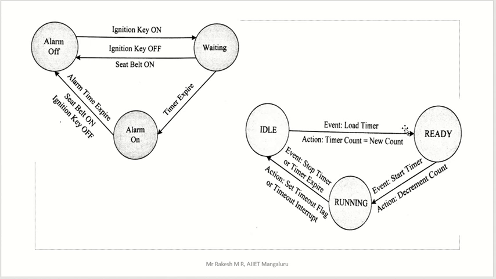So this is your FSM model for this seat belt warning system. In the exam they may ask for the FSM model for a seat belt warning system, so you have to write this one. You can take this only for reference purposes, but you have to draw this diagram in the exam. The states are there, and the event and action you have to mention, because that is an FSM model.